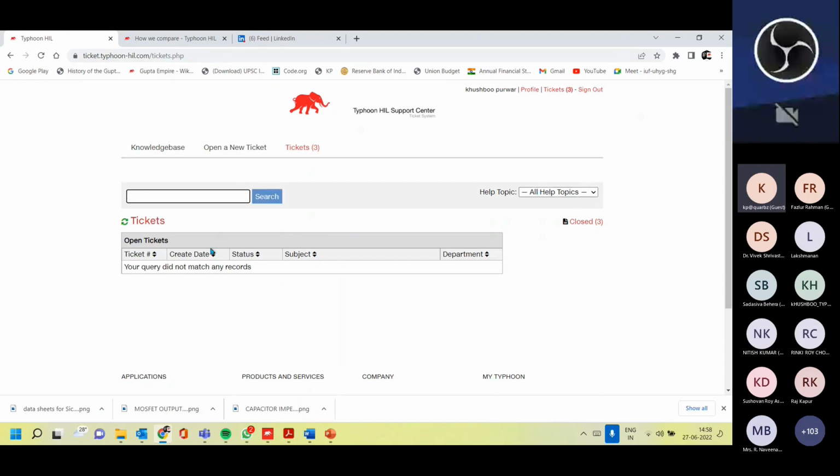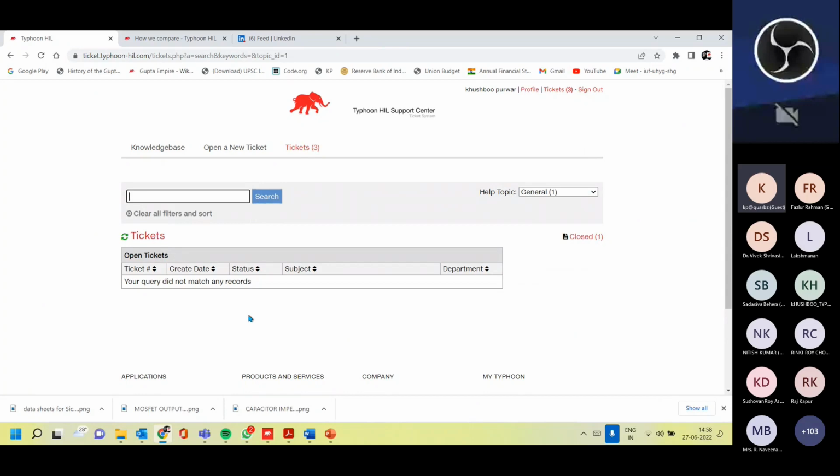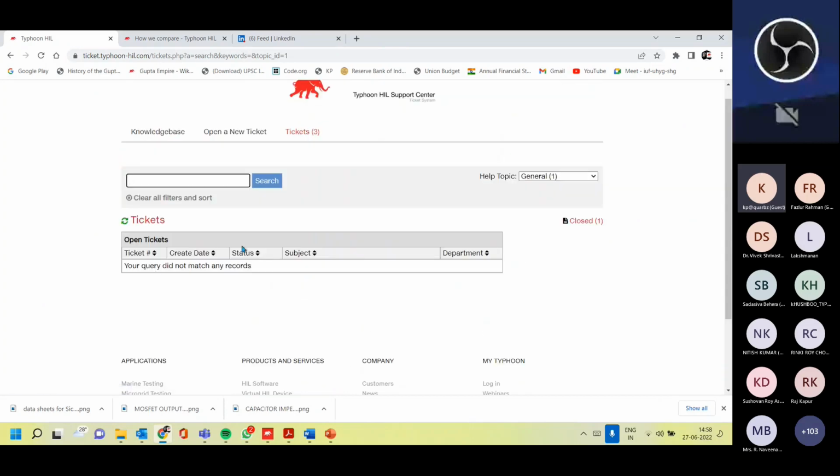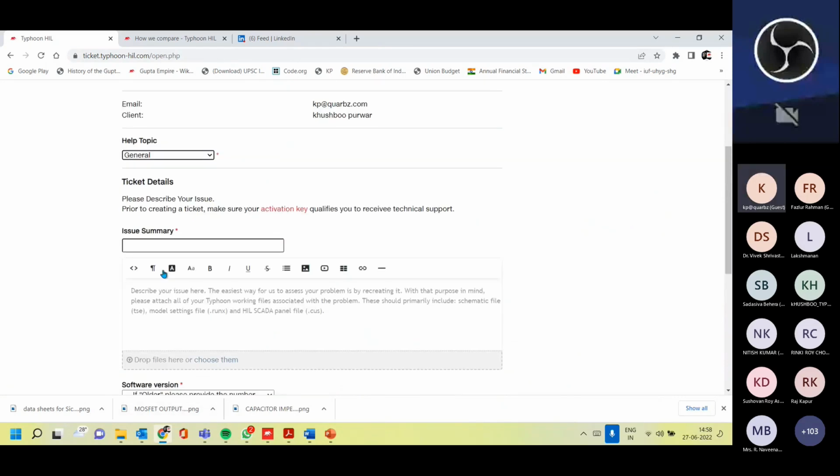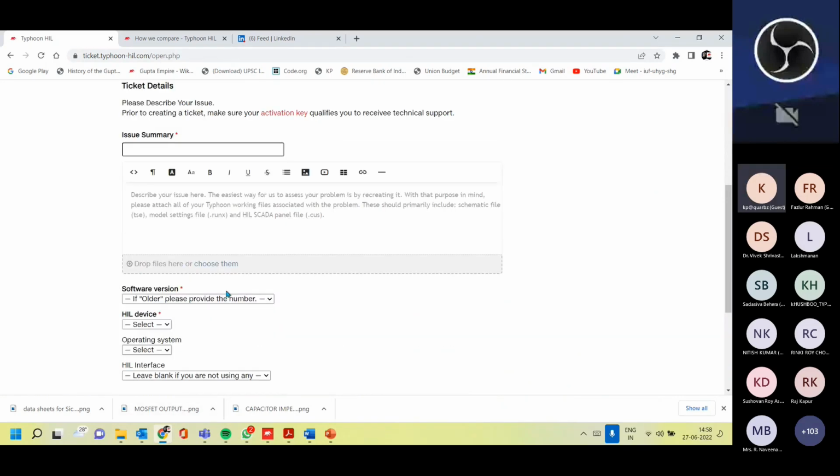So here you can create your ticket. You can select your topic, like General, and you can create the ticket like this. Select your topic, create ticket, write down the issue. If you have some files you would like to give, you can drop your files here. You have to mention which version you are using. Latest is this